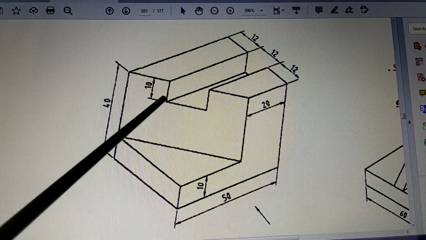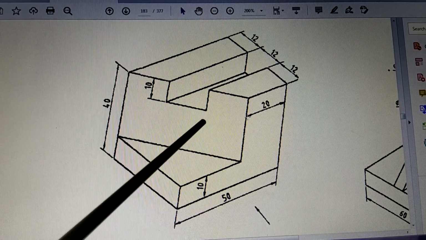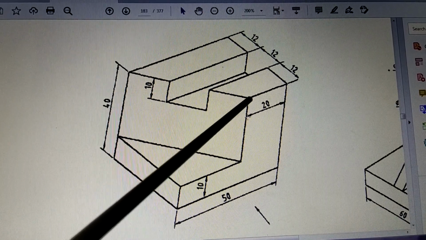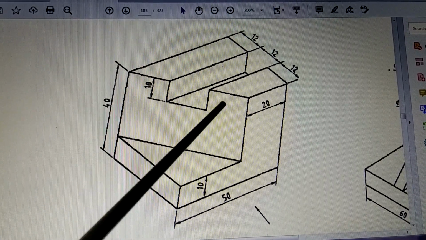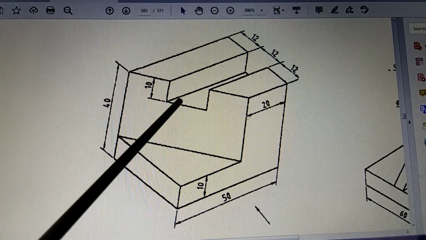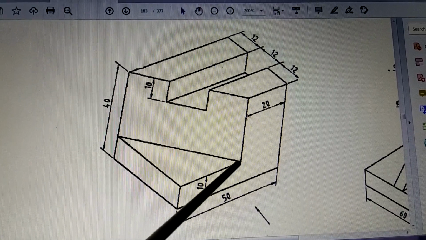So all these 1, 2, 3, 4, 5 lines will be from this point, 1, 2, 3, 4 and then 5 like this. So that way these lines will come, or in other words, this inclined surface you will see in this direction adjacent to this line.